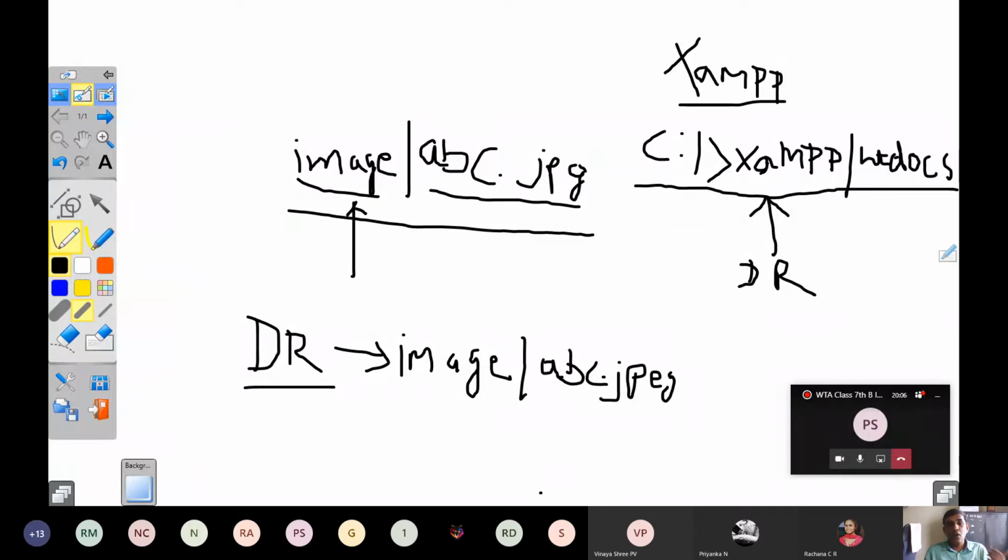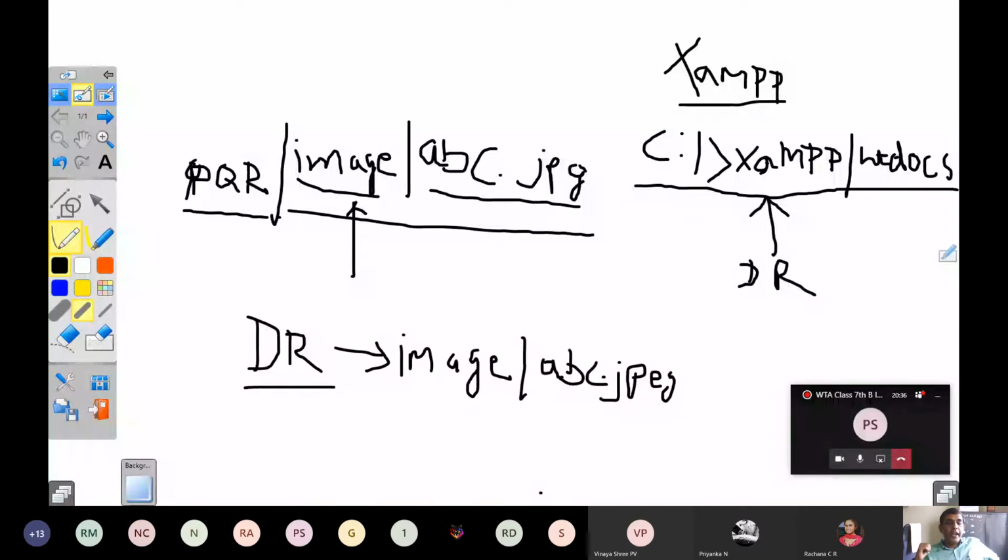Here again I may give something like directories P, Q and R. So what does this do? If you are referring to this, it will go to C drive XAMPP htdocs, which is the document root, then go to the directory PQR, in that search for the image folder, and in the image folder abc.jpg will be there.